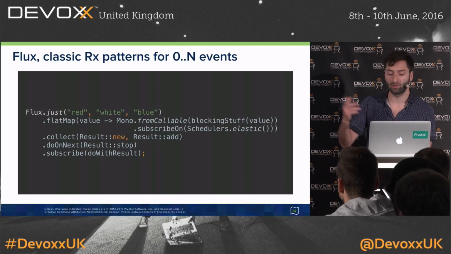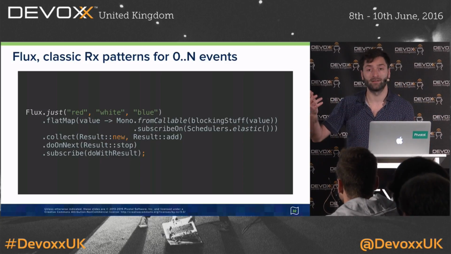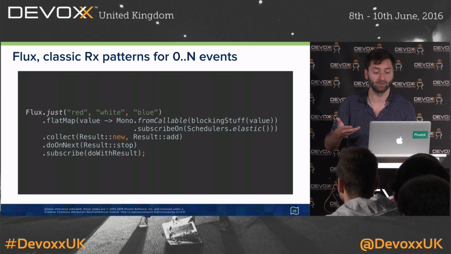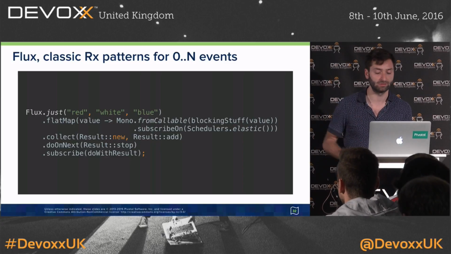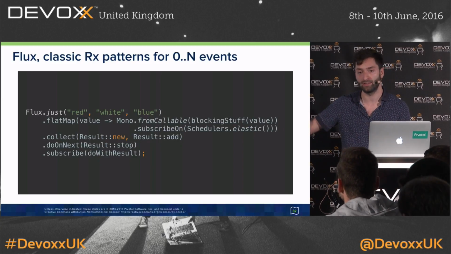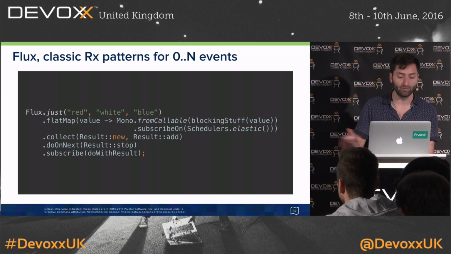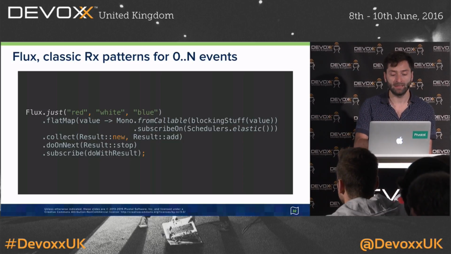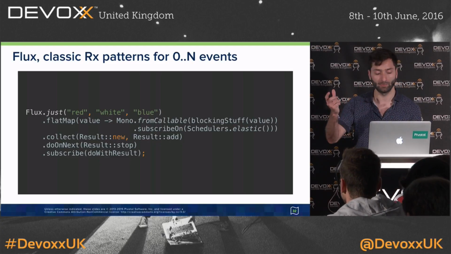We have operations like collect, which is going to create on start the result. Result is a container, and result::add is going to be called every time. So it's a bi-function where you have the initial state and you accumulate the state from the events merged back from flatMap. And maybe another interesting difference is collect is going to, we have this kind of conversion between Flux and Mono. Collect is